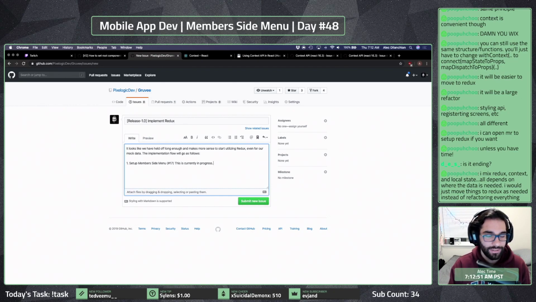I don't think that's very sustainable unless that is the only way to do it, which from my understanding of Redux, it shouldn't be. We should be able to call Redux on these specific components instead of having to pass down this state.